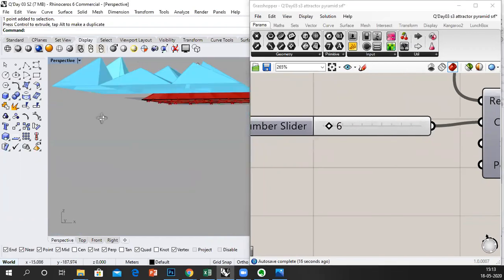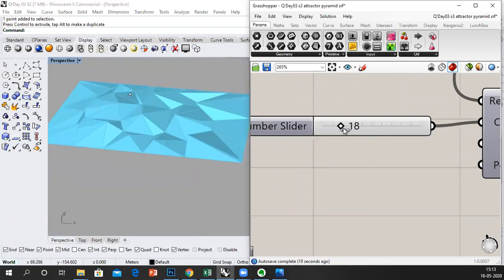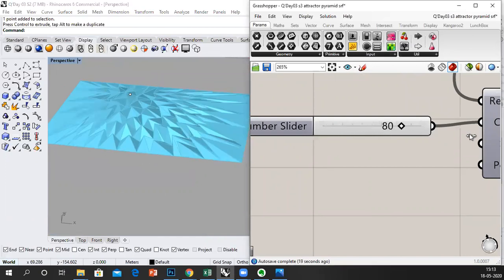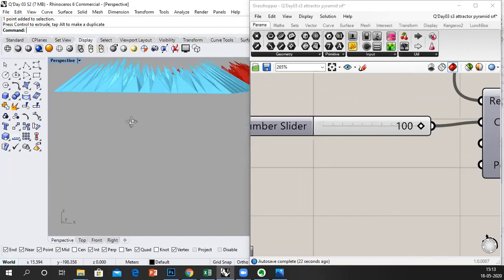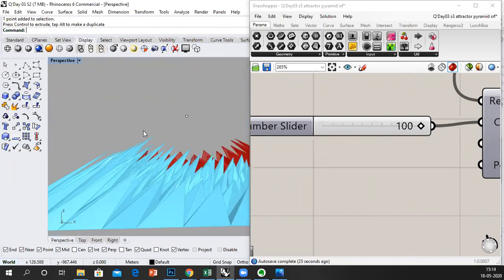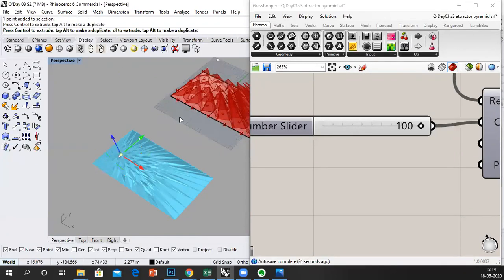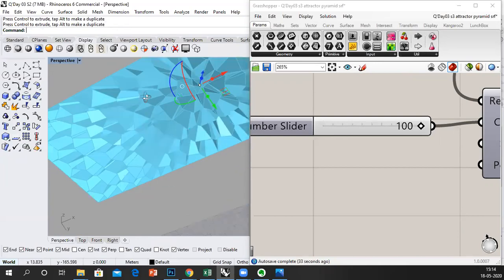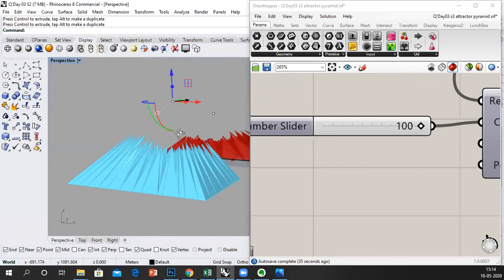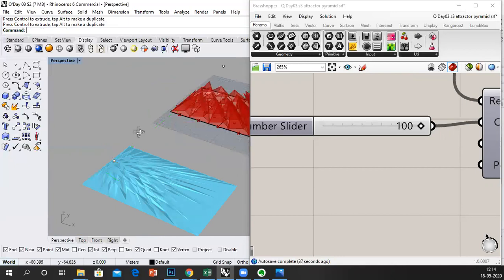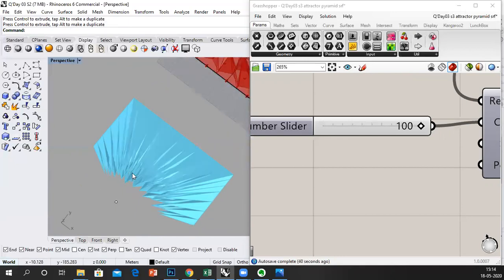So if it's 6 points, it's a certain output. Whereas if it's 100, it's another completely different output. And then the location of this point will kind of like determine the properties. And they are all Voronoi cells. So that's the concept, how we kind of like apply it to a quad grid.